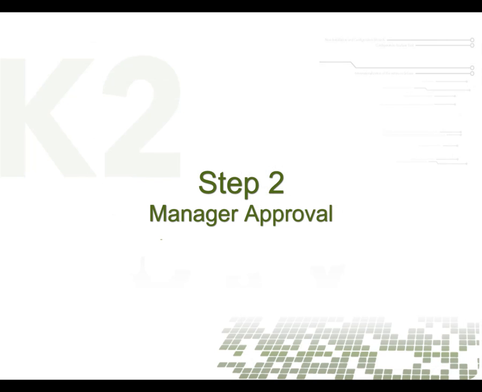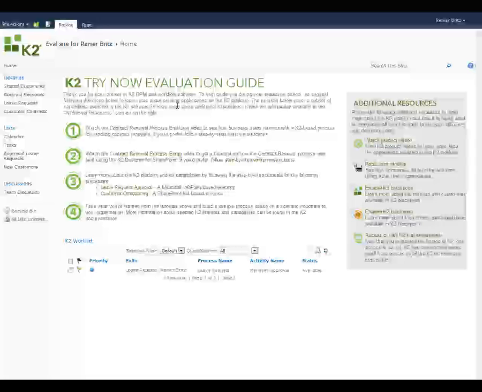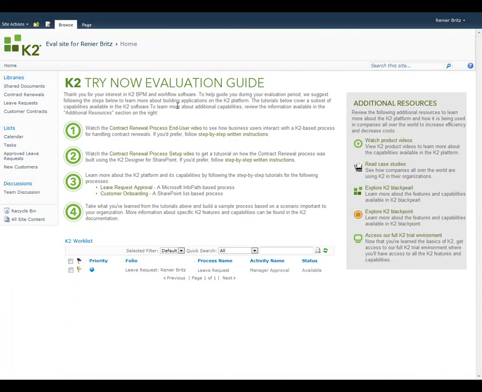In this step, we'll review the leave request to make sure all the information has been included and that it's an acceptable amount of leave to take. Typically, this step would be assigned to the manager of the person submitting the leave request, but to simplify the user experience, we've assigned the task to ourselves, and we can see that there is a task waiting for us